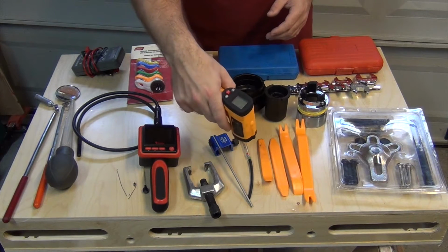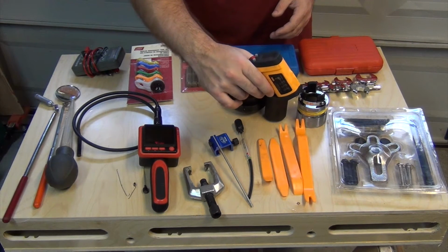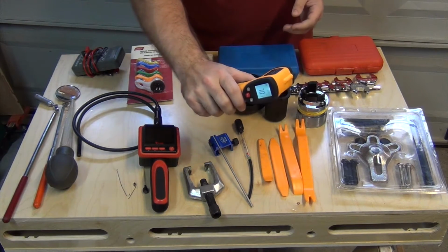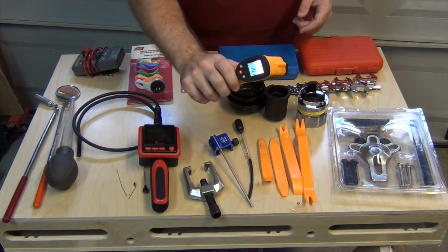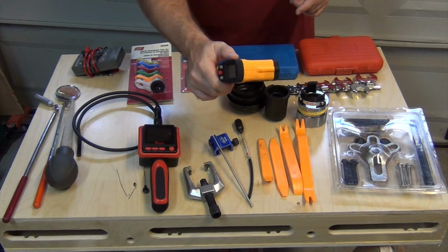You know, thermometer gun. This is helpful for doing a lot of stuff, like diagnosing catalytic converters. If you think you've got a bad cat or maybe an O2 sensor, there are some things that you can do to diagnose it with that. Another thing you can do is use these to